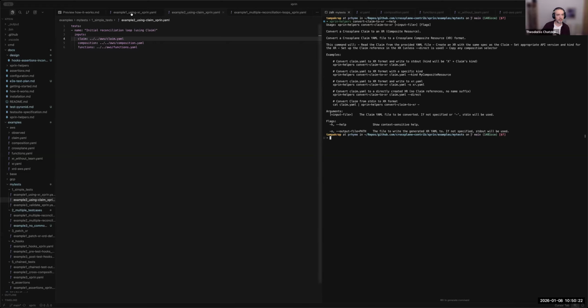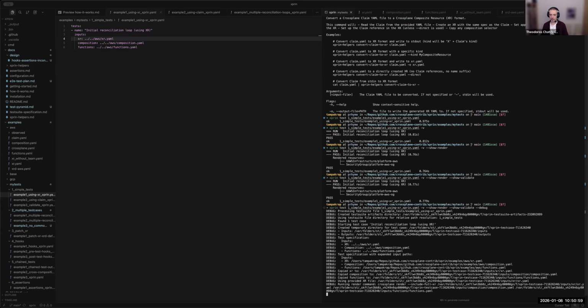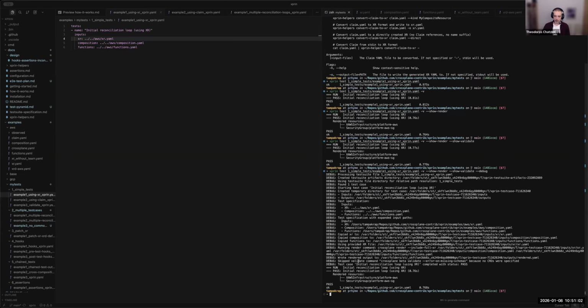Now I will run the first one. The output looks like this. It looks like Go test, or with verbose, also like Go test. There is an extra flag that we can pass, show render, that shows, kind of like how beta trace shows us, the rendered or composed resources. There is a flag also for showing the output of the validate command. Here we don't see anything, and the reason, if we check the debug output, is that the validate command was skipped because no CRDs were specified.